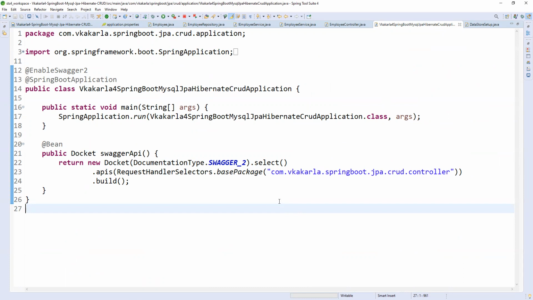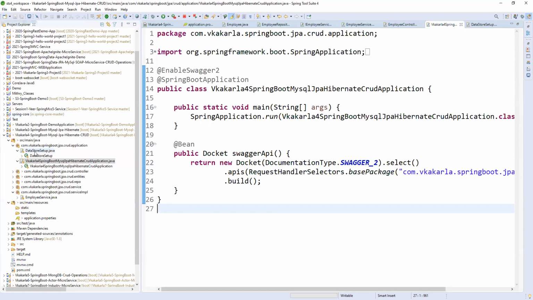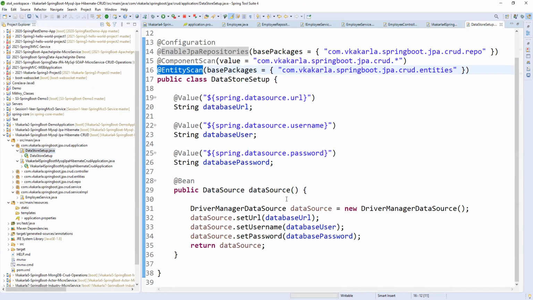Not this one. Another class you showed, right? The data source. It is only for database connection. This is primarily for database configurations.